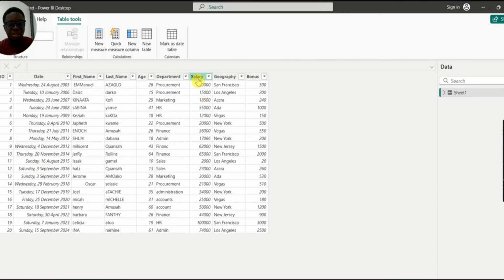So this salary, let's say we want to find the total of all of these items. All right. Just all of these items. So we can use what we call the sum. All right. And then we also want to find probably the total of all of this column. You can again use what we call the sum. That's if you want to find the total. Okay. So we have sum, we have average, we have the count, we have min, we have max,